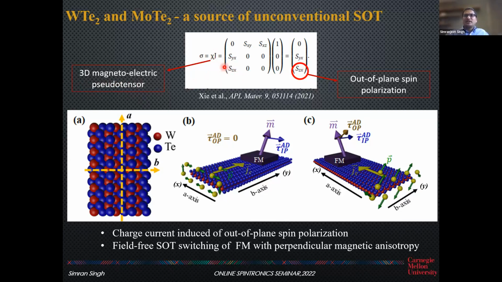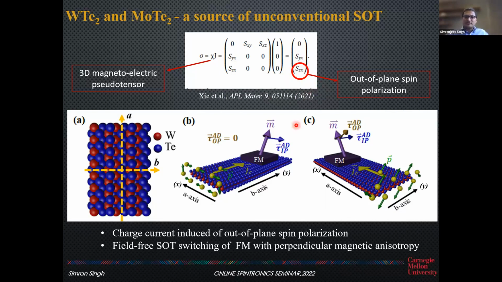And particularly, it was shown in this work that if you apply charge current along the low-symmetry axis of WTe2, then you generate out-of-plane spin polarization besides the in-plane spin polarization, right? So this was a more rigorous treatment